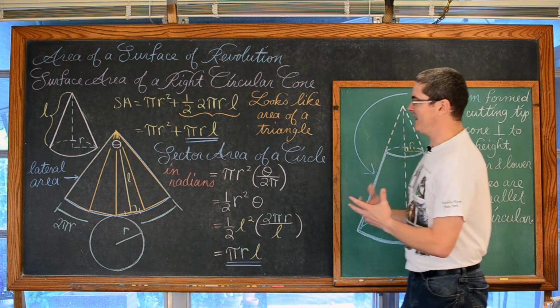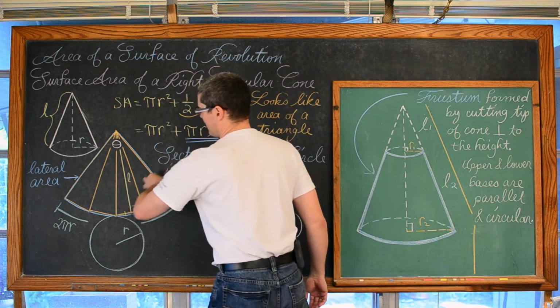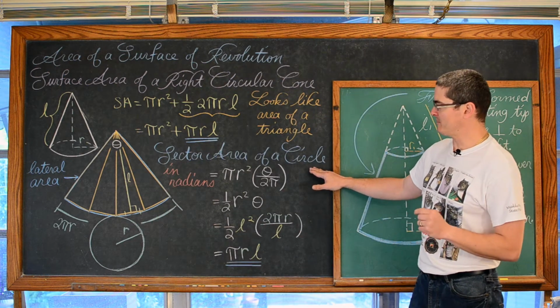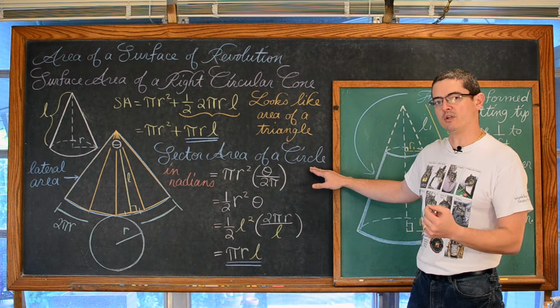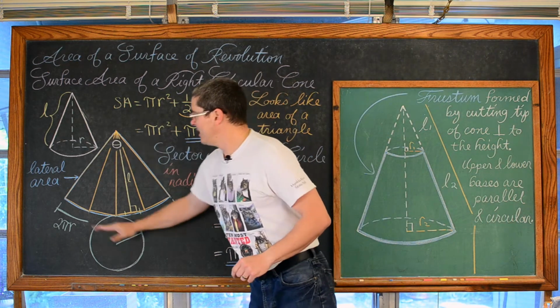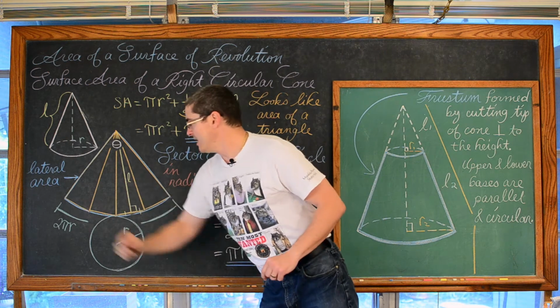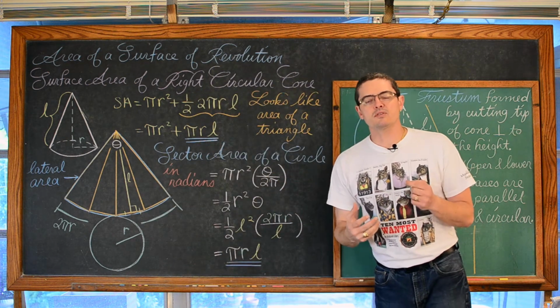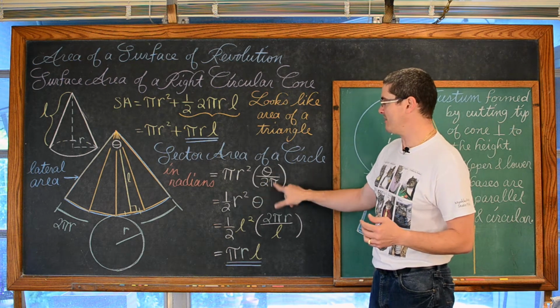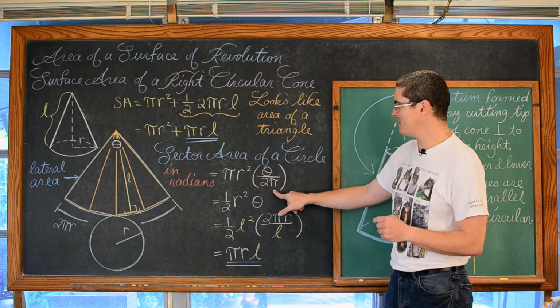So if you're in geometry, which I know we're in calculus, but if you're in geometry and you want to explain how to find the area of this lateral area, you can also do it with the formula for sector area. Because of course we do have an angle up here, right? And we have an arc length. So to find the area of a sector of a circle, you simply find the area of the entire circle and then multiply by what percent of the circle you're talking about.